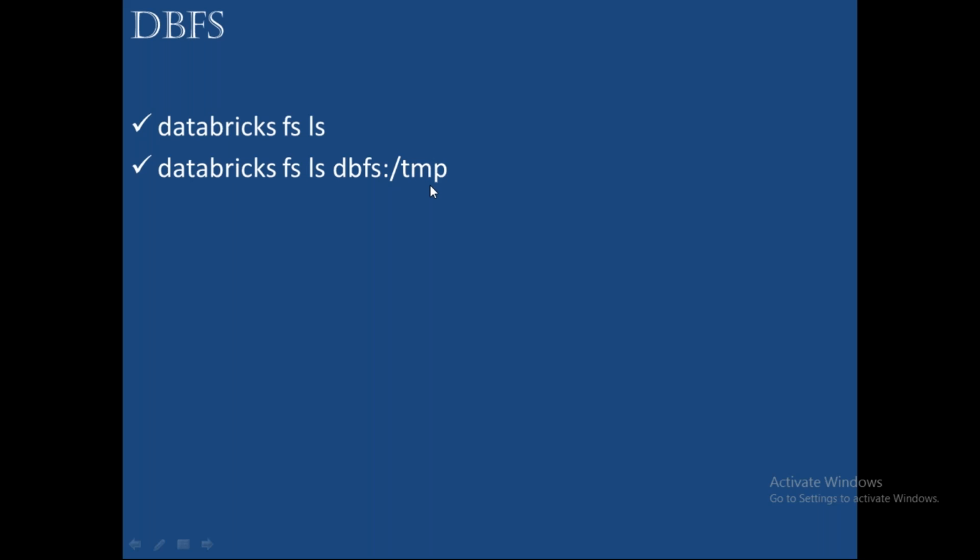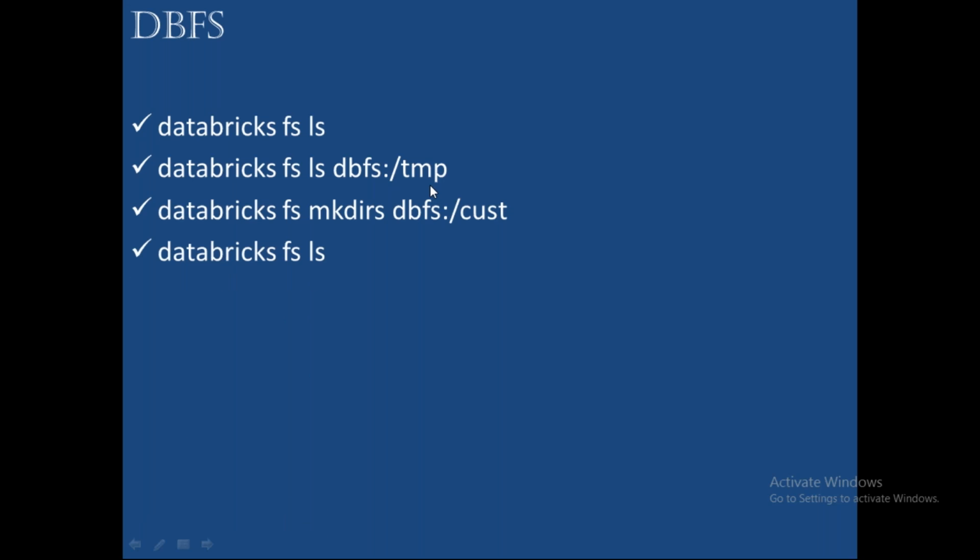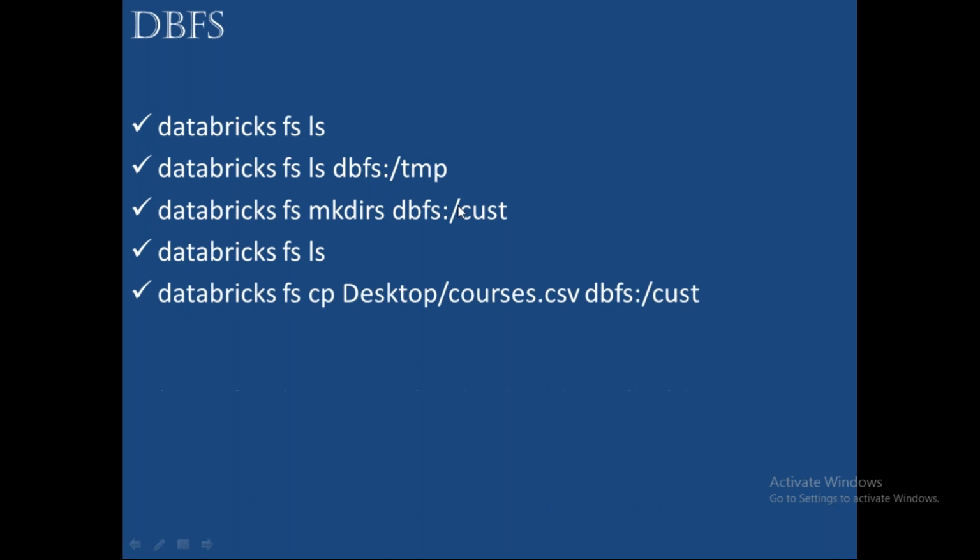In this directory you will have two types of data, right? You may have a subfolder, you may have actual data. So all those things it will list down. Next, if you want to create your own directory, how can you create it? If you want to create your own directory, we need to create dbfs:/cust. Now again I'm just listing down. So once you list down, again what happens? This particular cust folder should also display along with the default things which were there, because